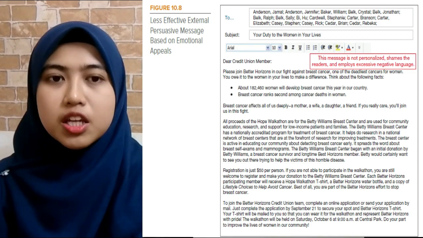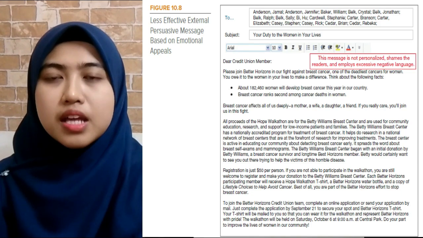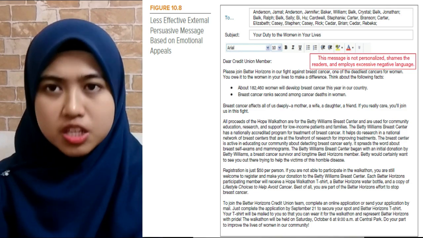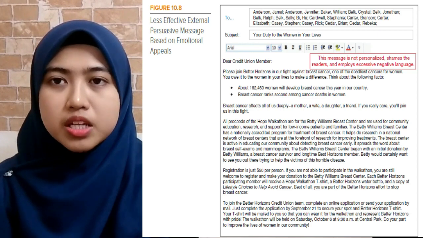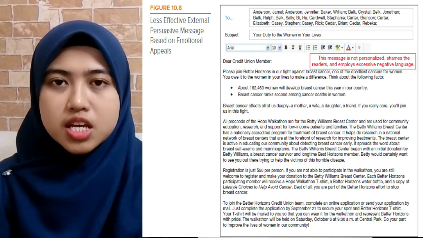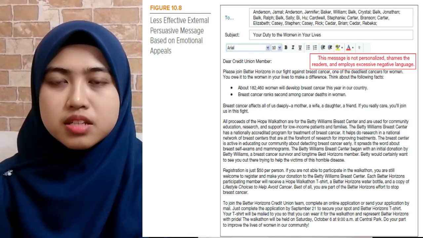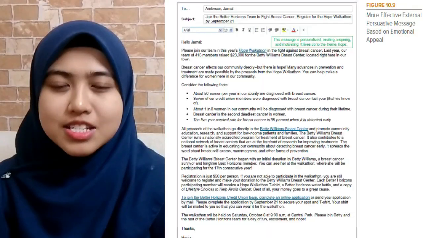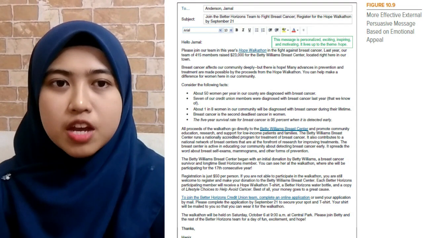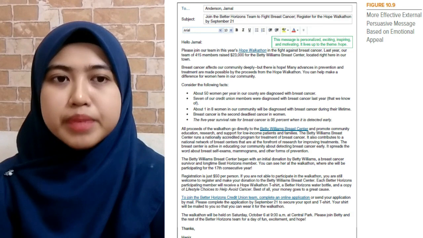The less effective one includes several statements that the reader could achieve with a quick trip. It uses a series of extremely negative terms within the first few sentences, such as "dead liars" and "cancer death," without providing hopeful words. So for the more effective external persuasive message, the message is far more positive and personalized, upbeat,